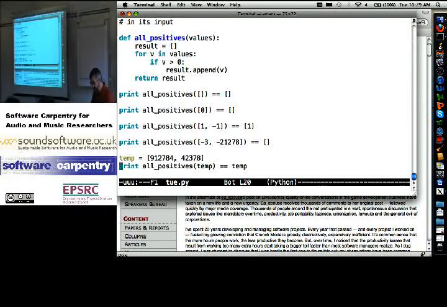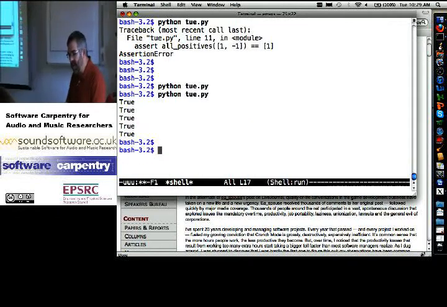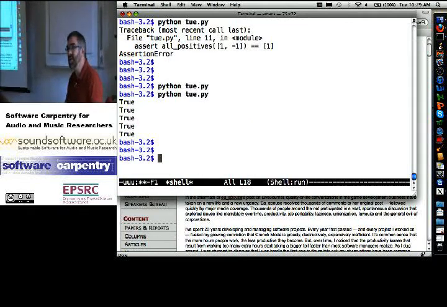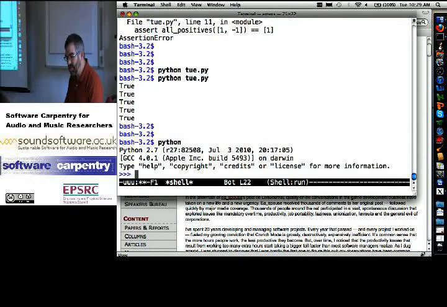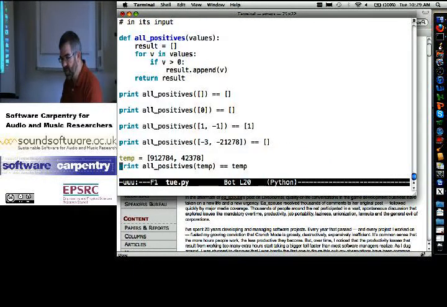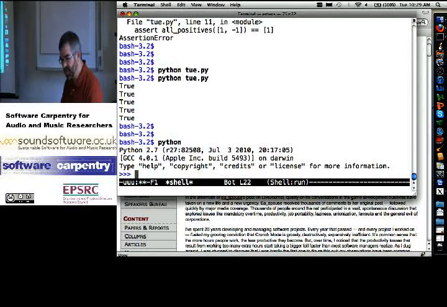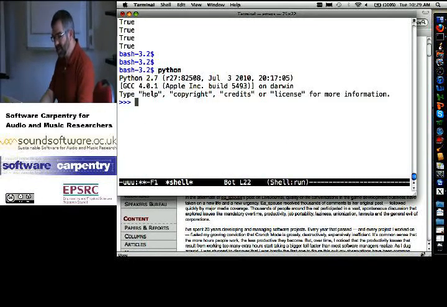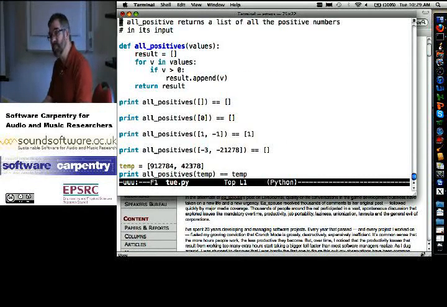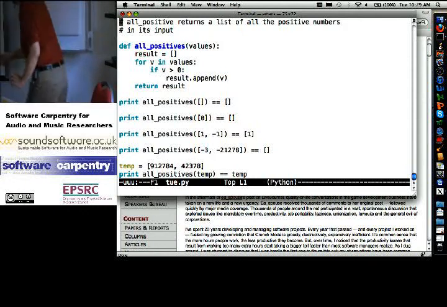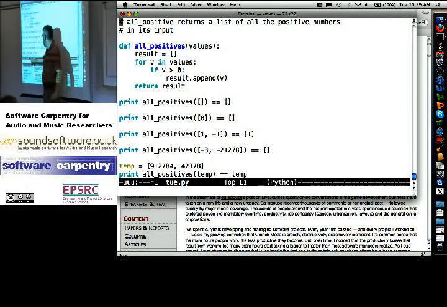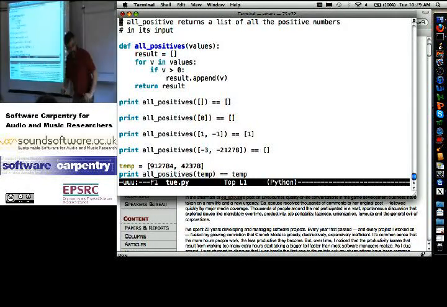The question we had was, if I now have this function, and I want to run it in the interpreter and just type at it interactively, how do I get at it? Let me run a Python interpreter. Now, the function is called allPositives. Since it's in a file, tue.py, that's the name of the file it's in, I can say